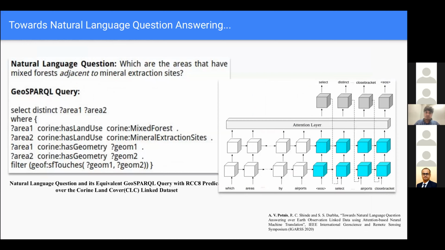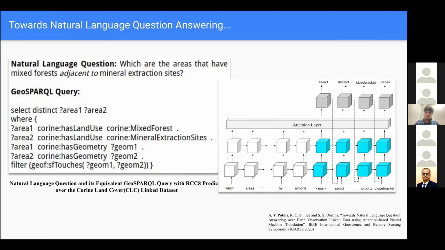So this was another research study that we worked on. This also has been published in a prominent IEEE conference. So the idea was to ask the machine questions in the English language and then expect the machine to run the query and provide the output in the form of visualizations, right? To give you an example, the natural language question: which are the areas that have mixed forests adjacent to mineral extraction sites? If posed to the machine, the idea was to run this question over